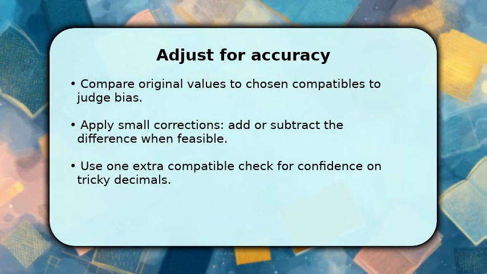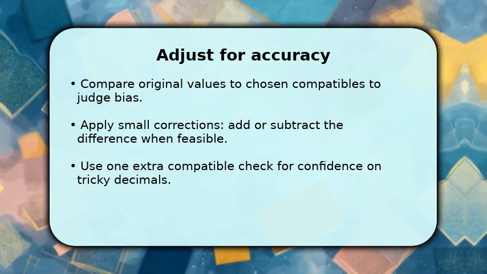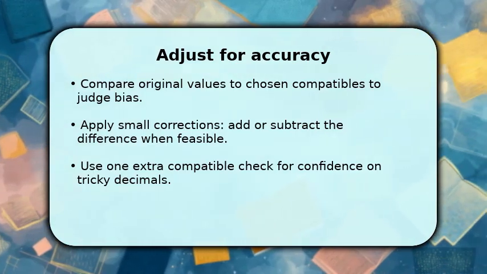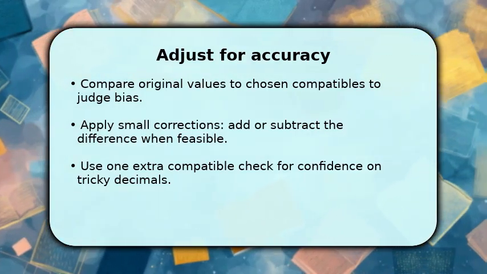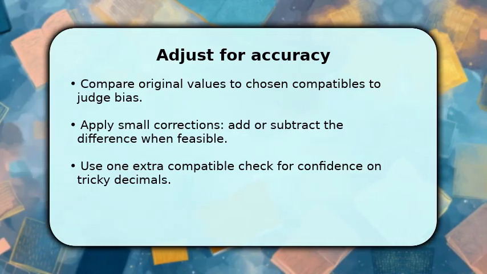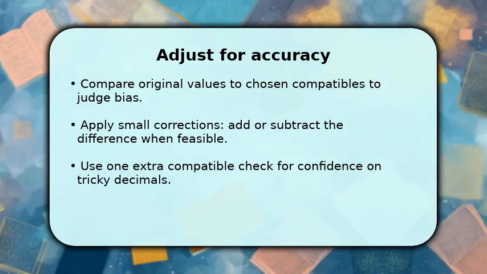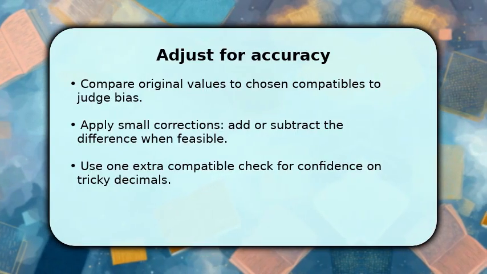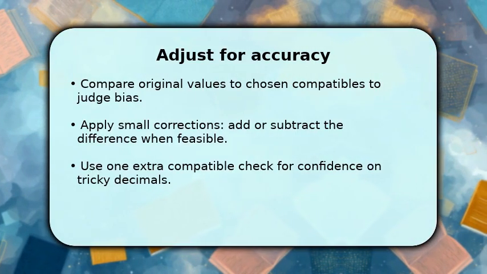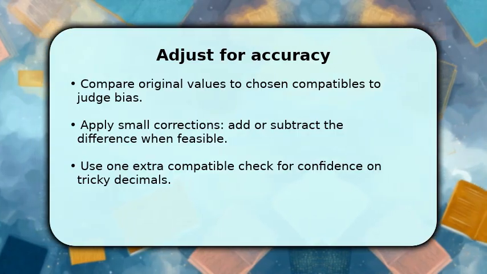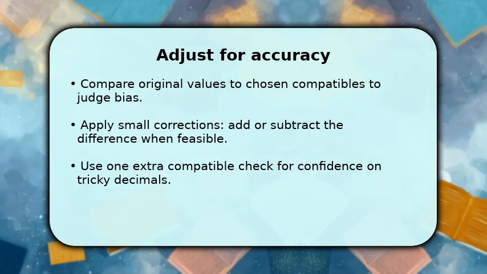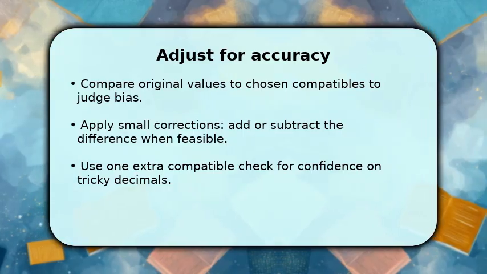If you rounded 47 down to 40, then account for that bias by adding the missing portion proportionally. If you rounded 96 to 1, recognize that you likely overestimated. Make a small correction when it changes the decision. Also, run one extra compatible pair using a different rounding to confirm the estimate converges, which helps when decimals or